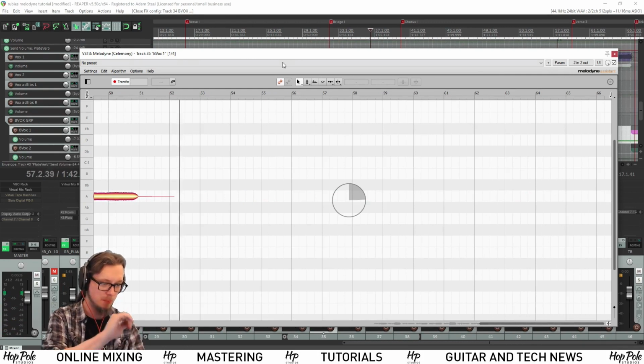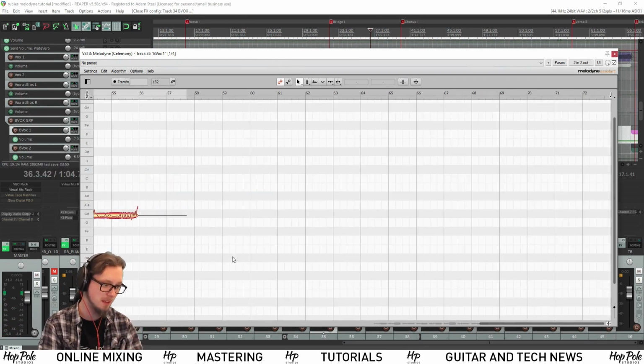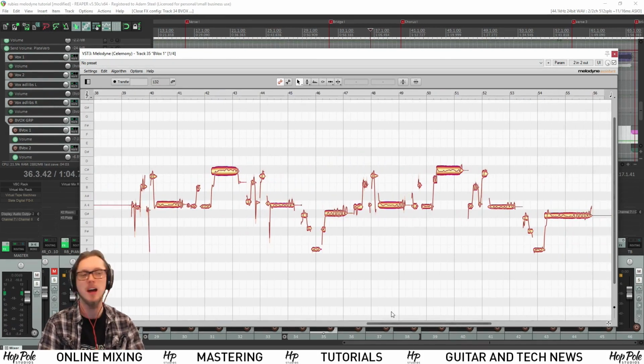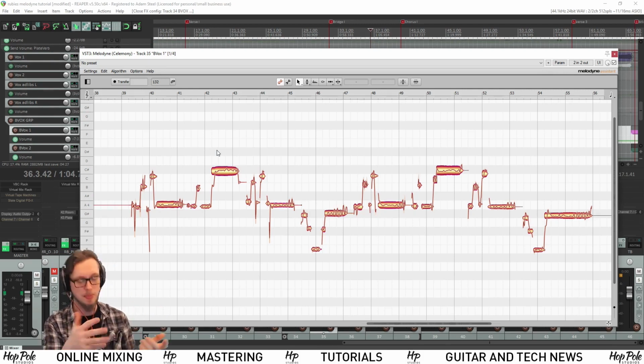So if I hit stop at this point, you can see what I call the Pie of Doom coming up. I've always called it that. I've been using Melodyne for a long time now. It just so happens that I used to use it in other people's studios, and now for Hot Pole Studios I've bought Melodyne 4, but I've used Melodyne 2 and 3, so I've been using it for best part of 10 years. And that Pie of Doom used to be a lot worse, but as you could see halfway through transfer, it started to work out that it was monophonic audio, and that it needed to start working out what